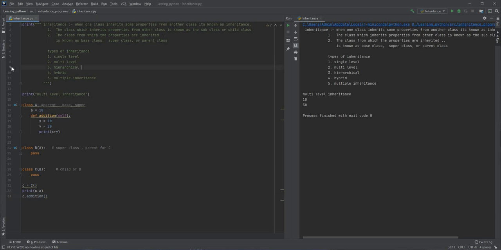The next type of inheritance is hierarchical inheritance. Hierarchical inheritance means when multiple child classes or subclasses inherit from one single parent class.